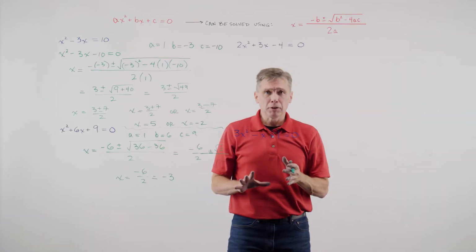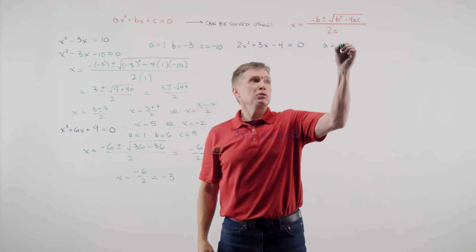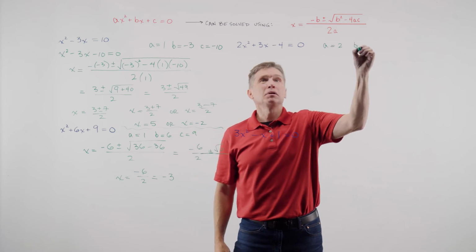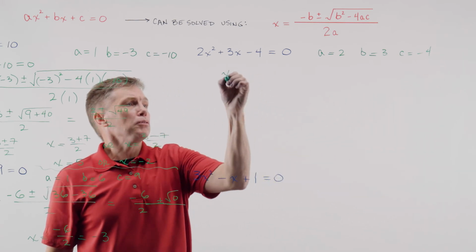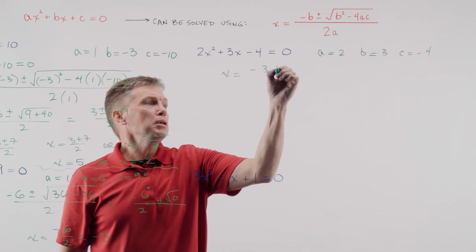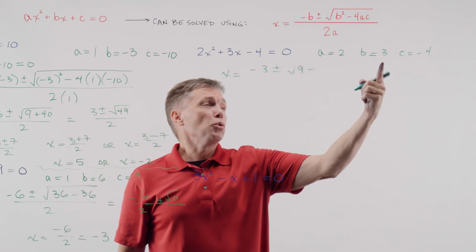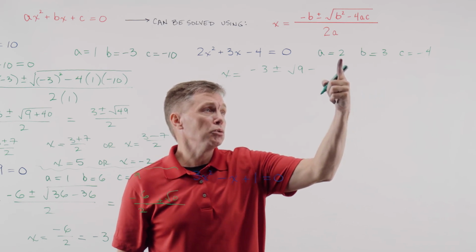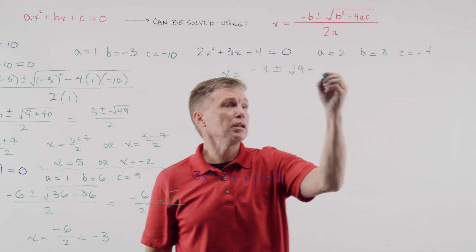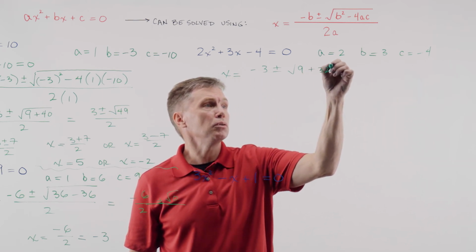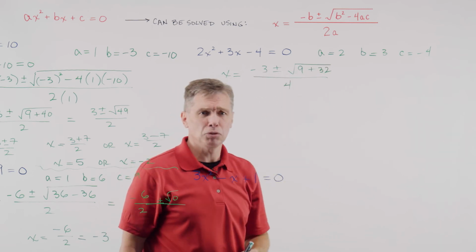Okay. All right, another example. 2x squared plus 3x minus 4. This time our a value is something other than 1. Of course, that can happen. b equals 3, c equals minus 4. Into the formula we go. Opposite of b plus or minus square root of 9. I'm taking b squared. Minus 4ac. So 4 times 2 is 8 times 4 is 32, but it's a negative, so plus 32. Divided by 2 times a is 2, so I get a 4.